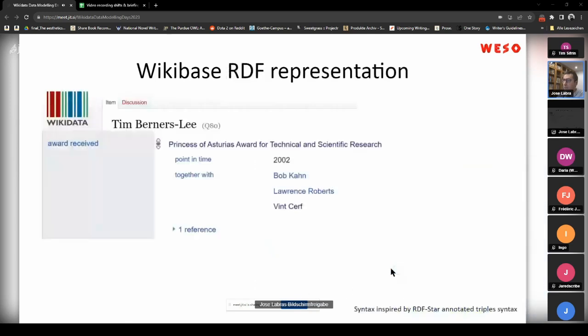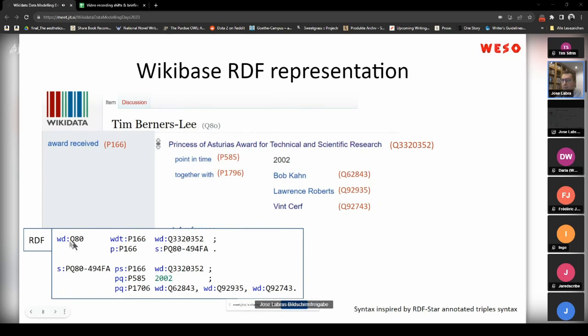Tim Berners-Lee. And this is the serialization of Wikidata into RDF, for this example of Tim Berners-Lee, the Princess of Asturias award, and this has these qualifiers. This is represented in this way. I put here the numbers. So this is the way that it is represented in RDF. So we say Q80 has this